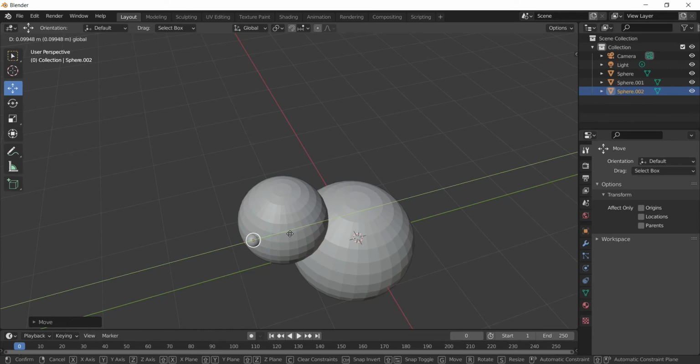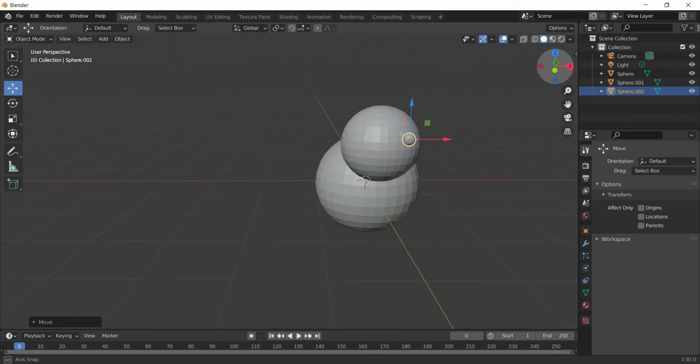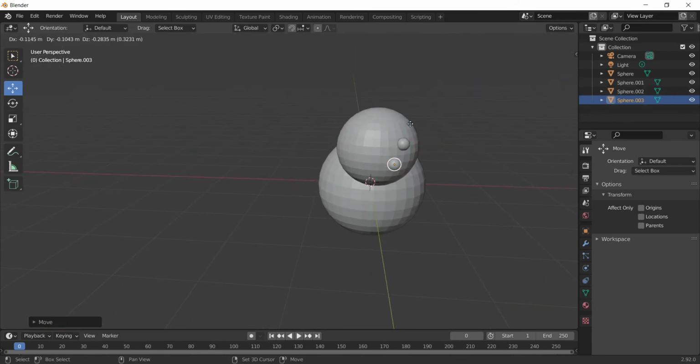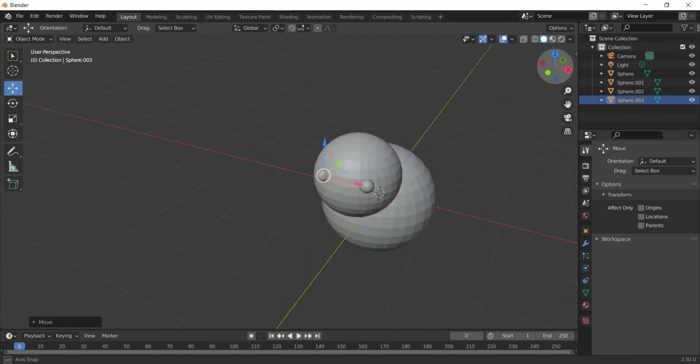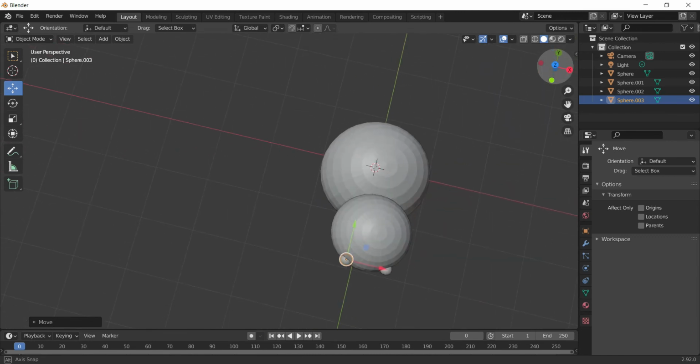Like this. Shift D again for duplicate, Escape key, and move the second eye to the left side. And this seems good to go.